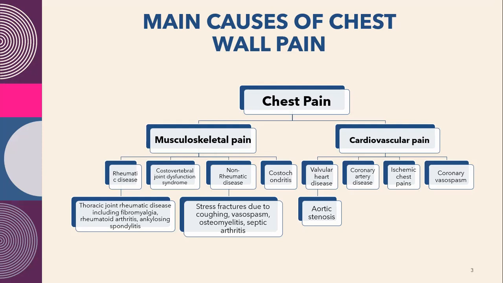So now the musculoskeletal pain includes rheumatic diseases, costovertebral joint dysfunction syndrome, non-rheumatic disease, and costochondritis. Thoracic joint diseases are included in the rheumatic diseases, which means the inflammation of the joints, including rheumatoid arthritis and ankylosing spondylitis. Now, ankylosing spondylitis is a very wide term, but majorly it means the fusion of the